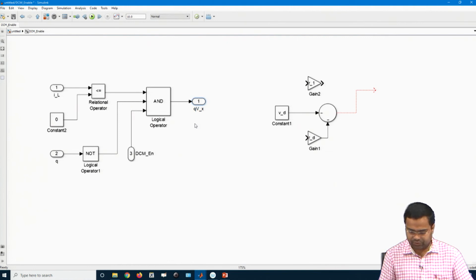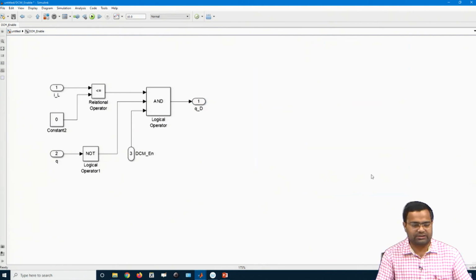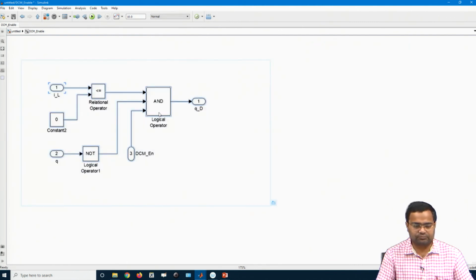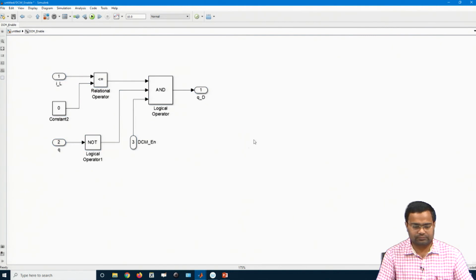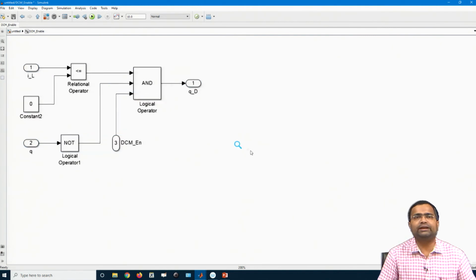This is my Q underscore T. That's it. We are more or less done. Now we are ready to go for the next.